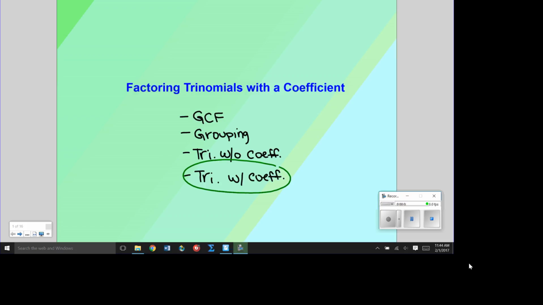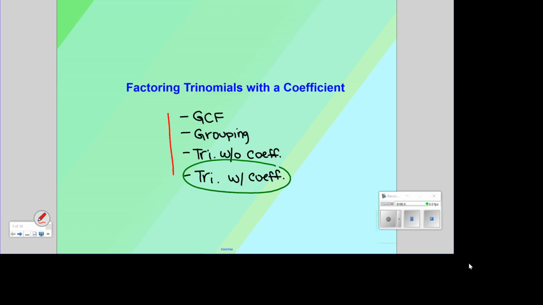In this lesson, we're going to learn to factor trinomials with a coefficient. On the board, I have a list of the three factoring methods that we've already learned, now with this fourth method in the sequence in which we'll look for them. So I have these up here just to remind you that whenever you're factoring, you do need to follow these